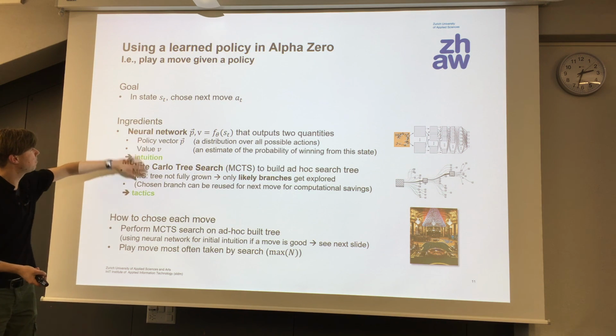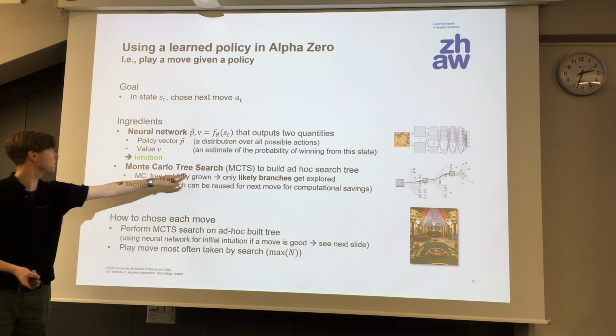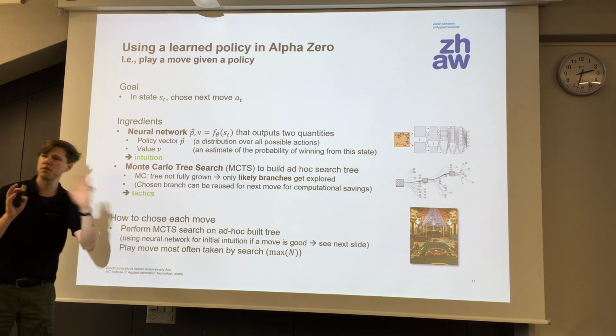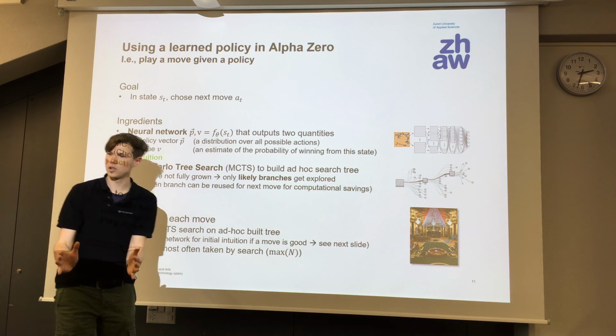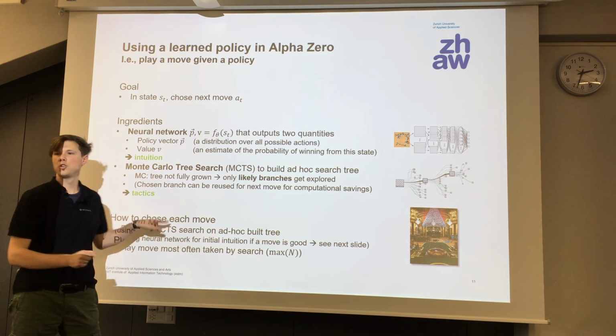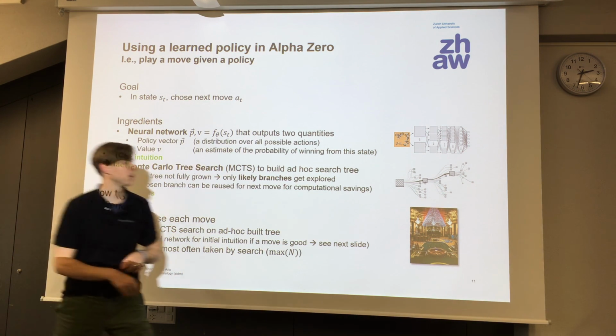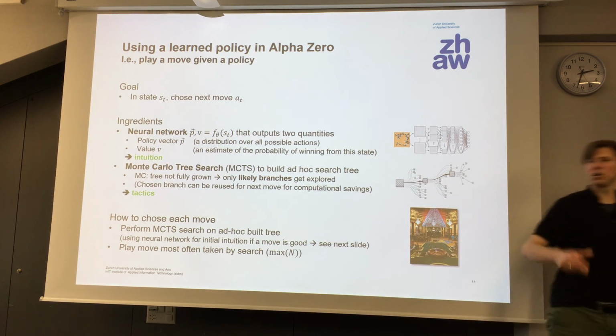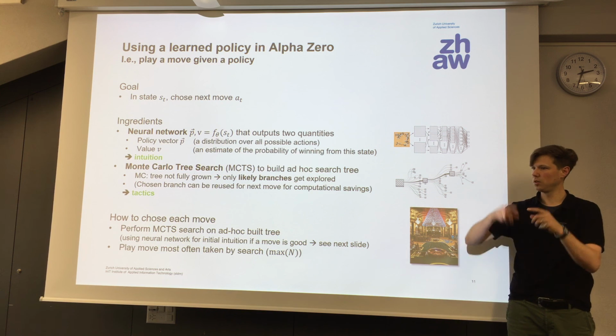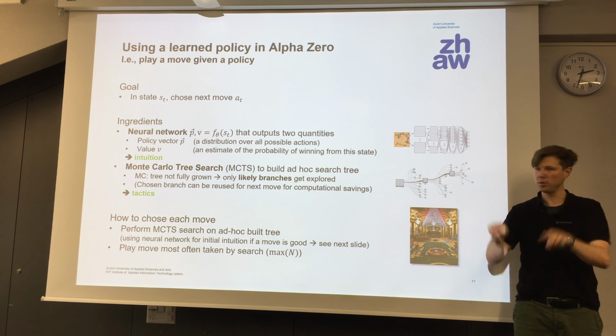So let's say we have these two ingredients, MCTS and the neural network. We have it trained somehow magically. How do we choose each move? We are in a specific state currently. We put that into a Monte Carlo tree search. Monte Carlo tree search takes the current state, generates all successor moves because it knows the rules of the game, so it can basically say what is possible.